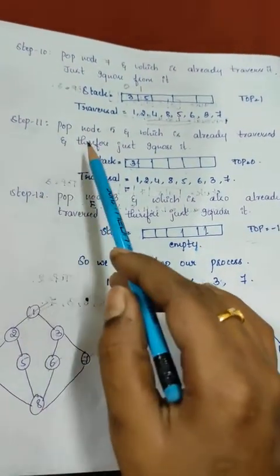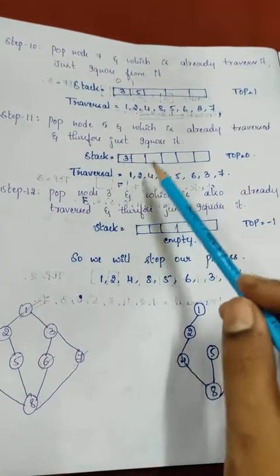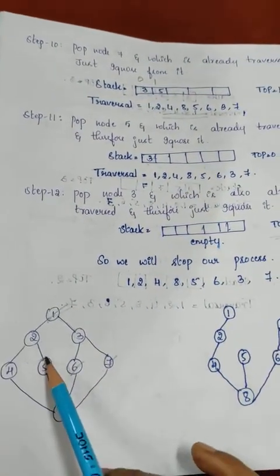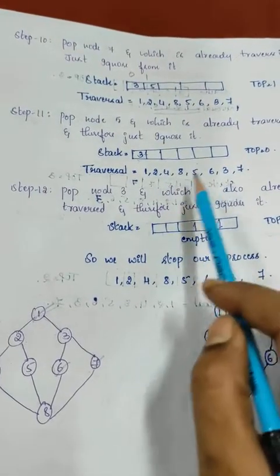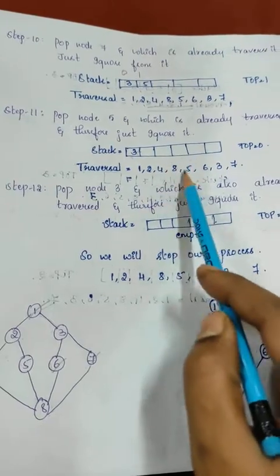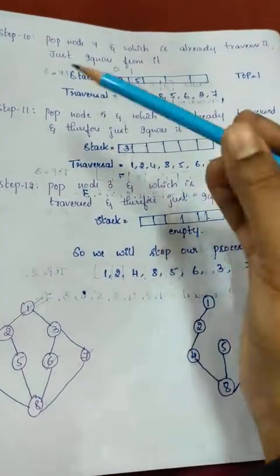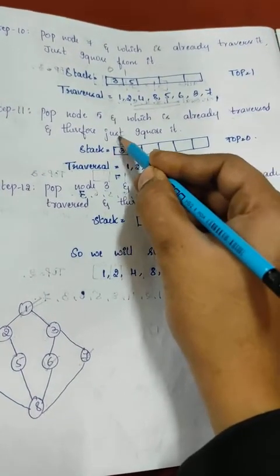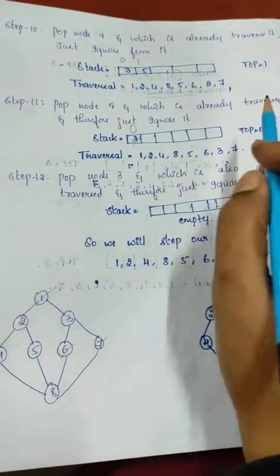Next, step 11. Which is the top element now? The top element is 5, so I want to pop it. We'll see where 5 is traveling, to 2 as well as 8. 2 and 8 are also there in the traversal, so no need to take that 5 once again, because 5 is already there. So, just ignore it from the stack. My top position is 0. Until the stack becomes empty, just go on popping that element.